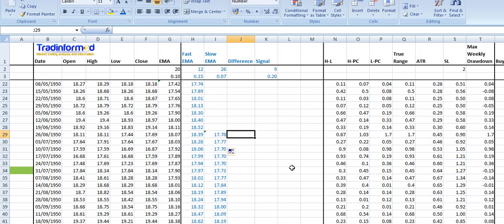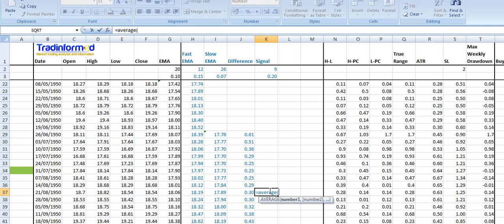Then we calculate the difference between the fast EMA and the slow EMA and copy this down, and then we can calculate the signal line for the MACD, and we use another exponential moving average. We calculate the average of these, equals current minus the previous average multiplied by our factor as a reference cell plus the previous day, and copy